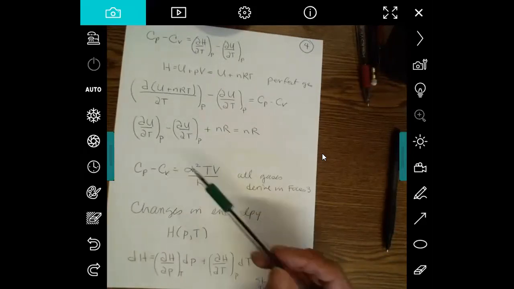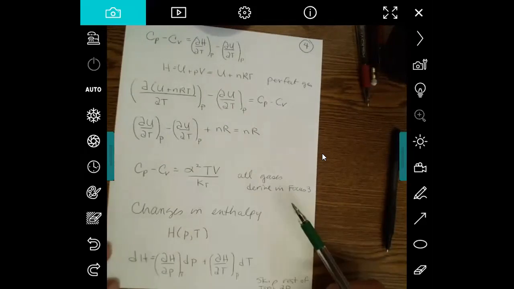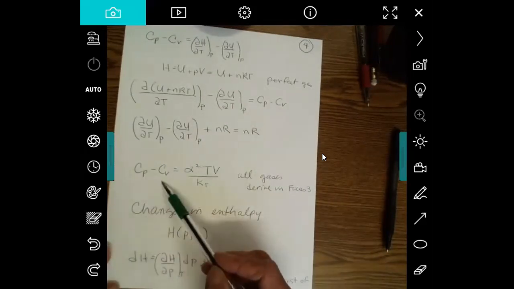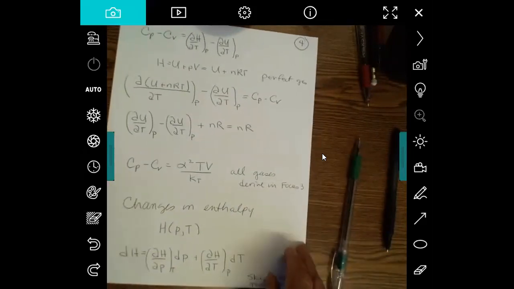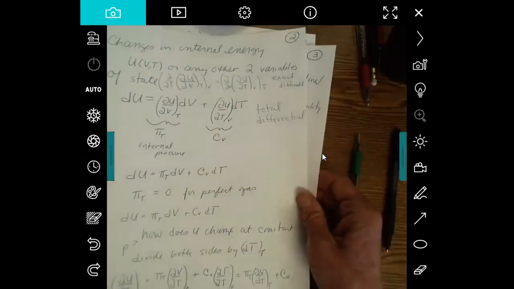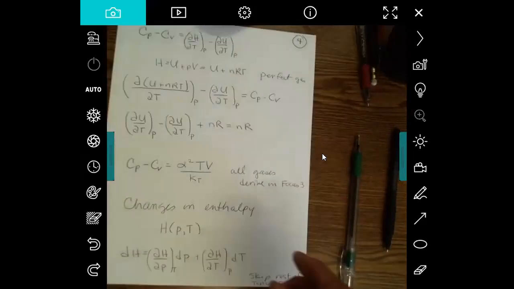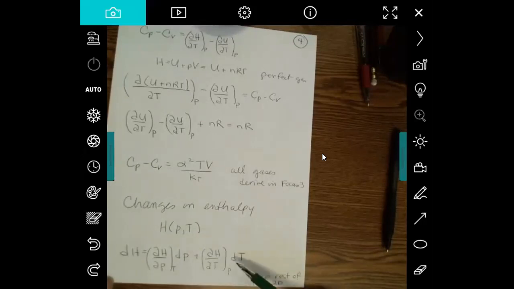So this is an expression that you could then figure out what the difference is if you had a van der Waals equation of state or something like that. So how does enthalpy change? So we wrote a total differential for internal energy as a function of V and T. It's going to be better to use the variables P and T for enthalpy, and we'll see why that's true